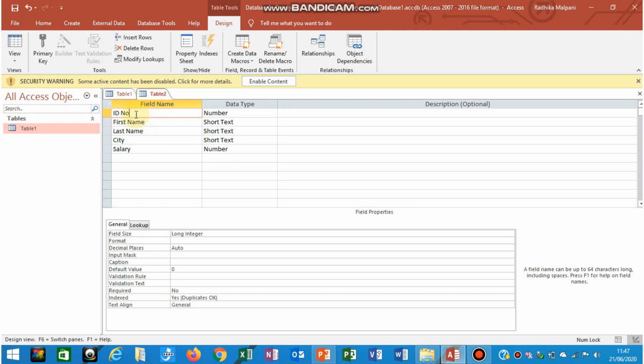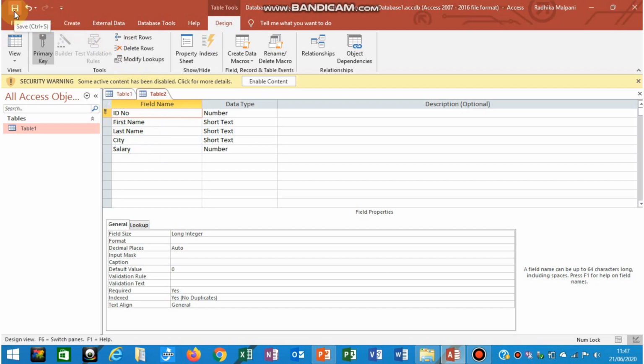Fine. So here I am choosing this ID number as primary key. So click on this ID number, and under design, here you will get one option as primary key. So click on that primary key, and beside ID number, after clicking on that, you will get a key icon. By default, that key cursor will be set as primary key. Means what? If you get this key beside ID number, it means ID number is set as primary key. Fine. Now after doing all this, you need to save the changes.